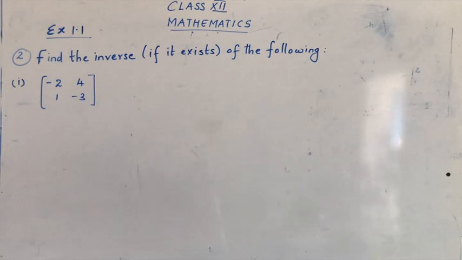Now let's come to the second part. That is, after finding cofactors, you have to find the transpose of cofactor. Now the transpose of cofactor becomes your adjoint. Now let's see how to find the inverse. Now for inverse, you have to remember a formula. Let's see the formula for inverse.